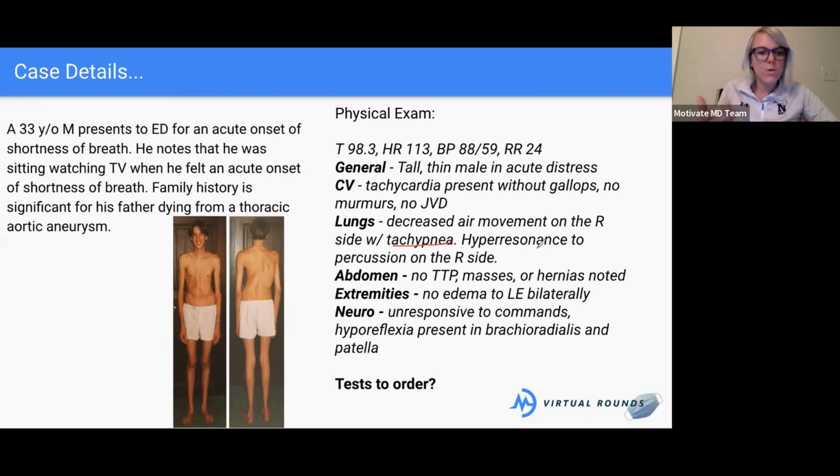One place that you can see it pretty notably is when you percuss around the liver. When you percuss the liver edge, you'll hear that change in tympany, basically. So when you percuss your leg, that should be different than when you percuss your own abdomen. And that's the point here when we're doing percussion on the lungs. If it's hyperresonant to percussion, that means it's louder. When it's not as loud, that might point us in the direction of fluid being there. When it's hyperresonant, what might that tell us, guys? Knowing what you know now about percussing the lungs, what would you think in terms of percussing and it's louder?